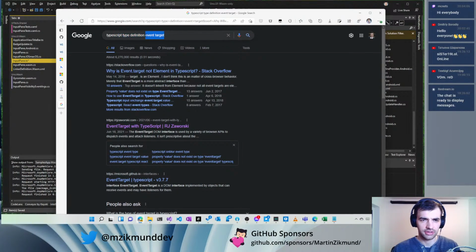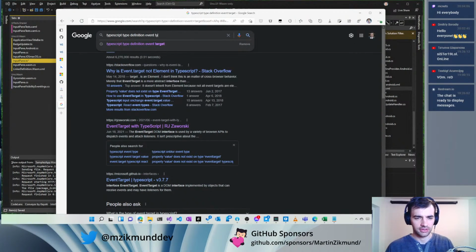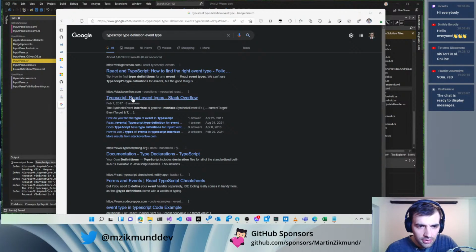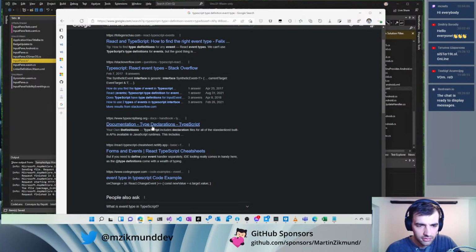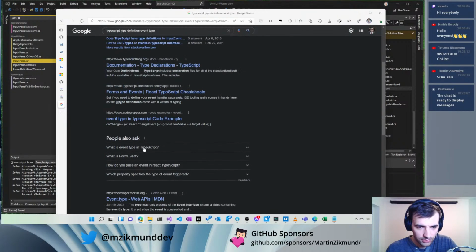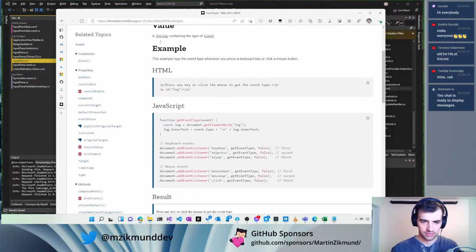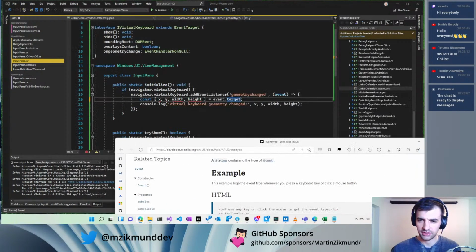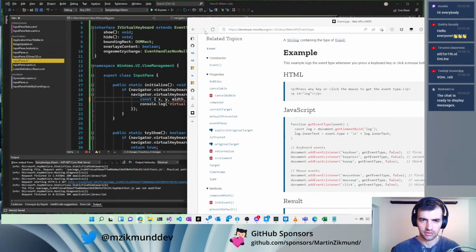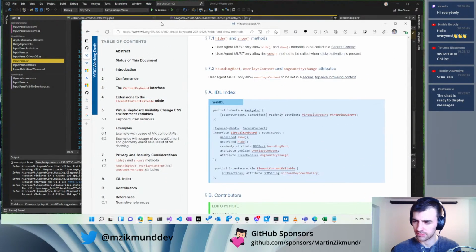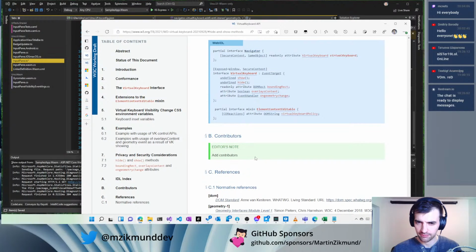TypeScript type definition, event type. Event